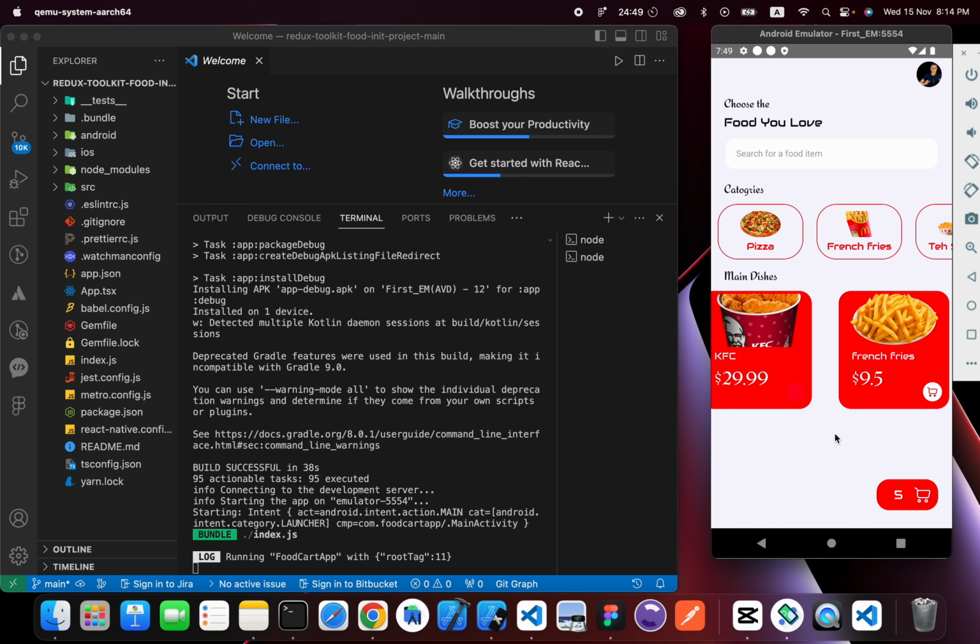Let's see our iOS. We're still installing our pods. After installing the pods, we're gonna run it